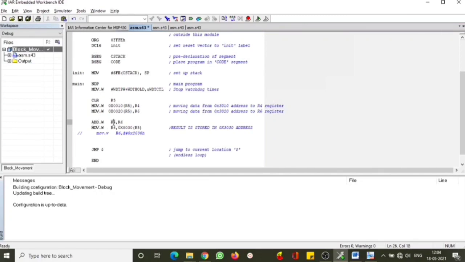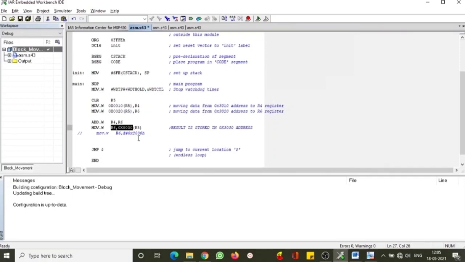When you add it, this is your source. Left hand side is the source. Right hand side is another operand and also the destination, both. So R4 and R6 behave like the operands, and R6 also behaves like the destination register. Therefore, after adding R4 and R6, the answer will be stored in R6 itself. Therefore, we are moving the R6 value into a new memory location, that is 0030. So this is for understanding the location.